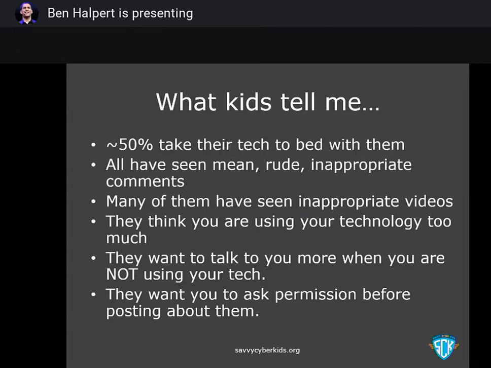Oh, and this is kind of interesting, but your kids want you to ask them permission before you post pictures of them. That was kind of fascinating when that one first came up a few years ago. But your kids actually think a little bit more about privacy than you do. And that's a generational thing, but it's good. If you have some family pictures, you're at the beach, you're on a vacation, you're at home, wherever it is, and you want to post pictures, involve your child in the decision-making process. You can say, I really want to post a family picture from our activities or whatever we did last week or last night. Help me pick out a picture. And so get them involved in that activity and they'll be happy about that.